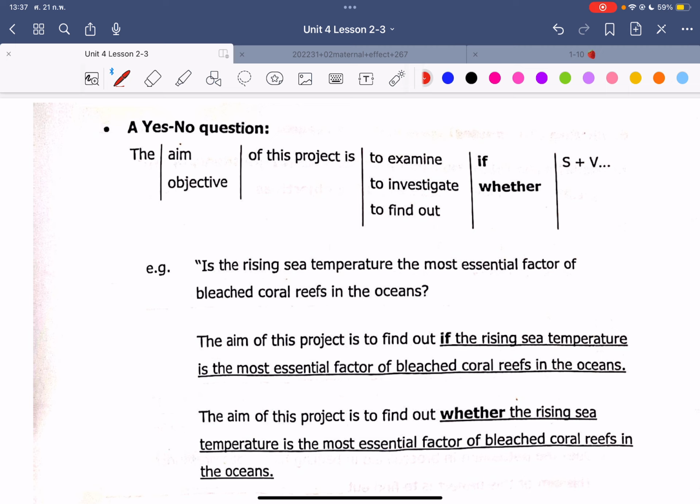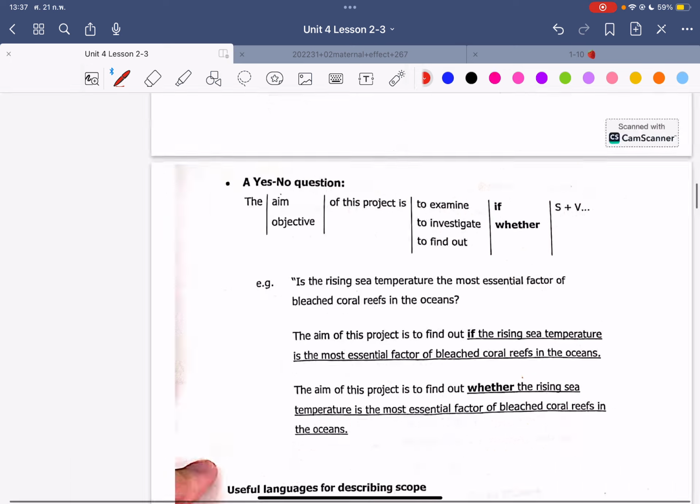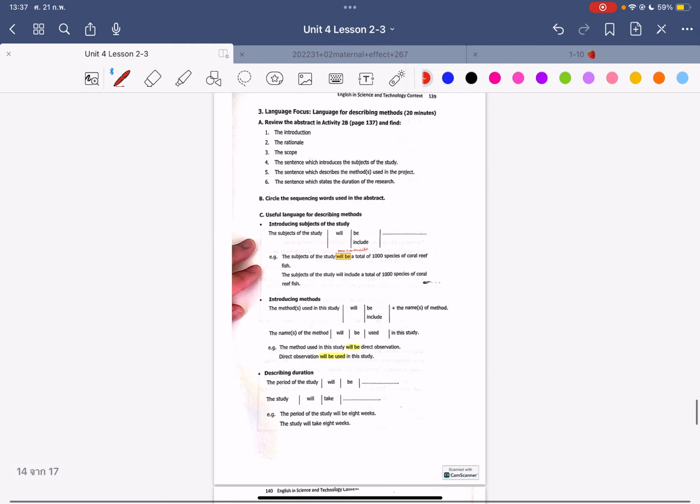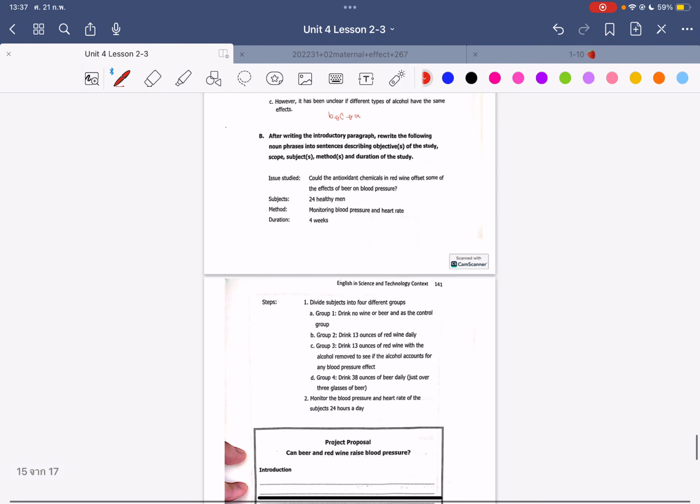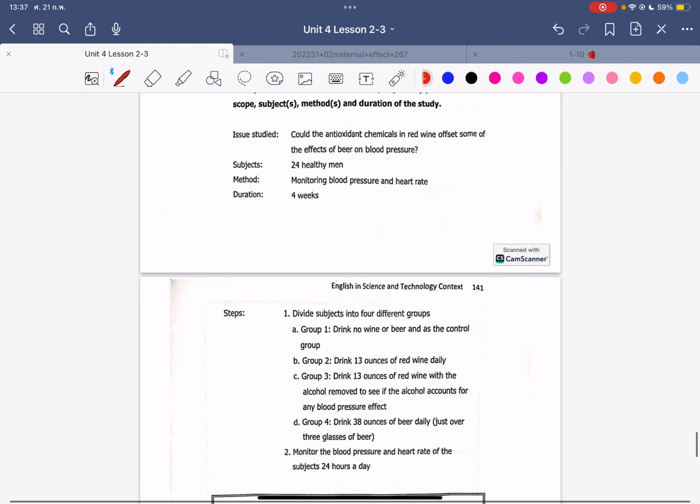Okay, เขียน proposal นะคะ. Okay, use the information from A กับ B นะคะ แล้วก็เขียน